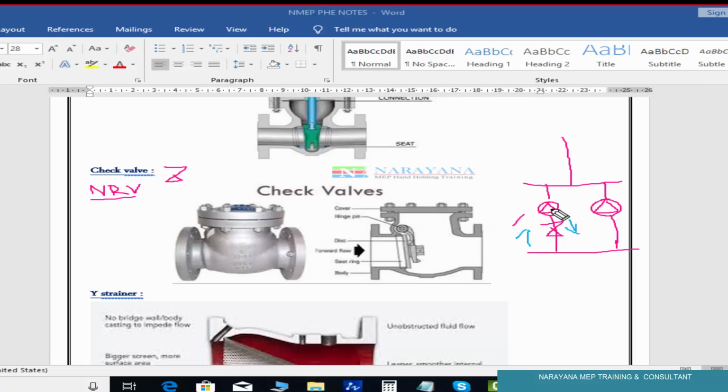Like if it is a centrifugal pump, the process is centrifugal force. Water can't go back. Otherwise water will flow into the pump and it will be overflooded. For that reason it is not recommendable. For that reason, they will use this NRV or check valve. Clear? And in this, flow will be like this only.